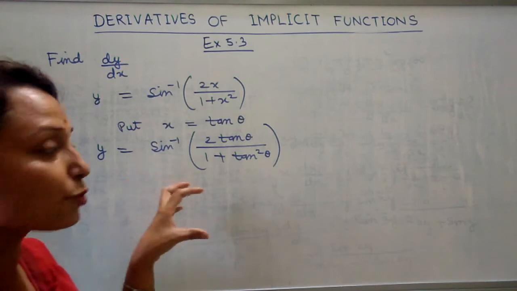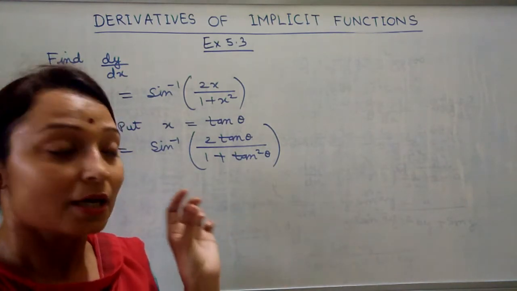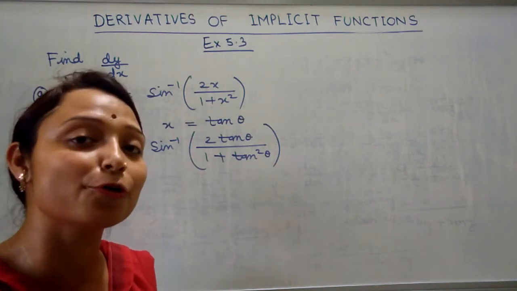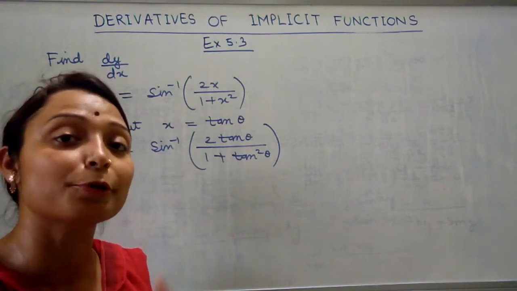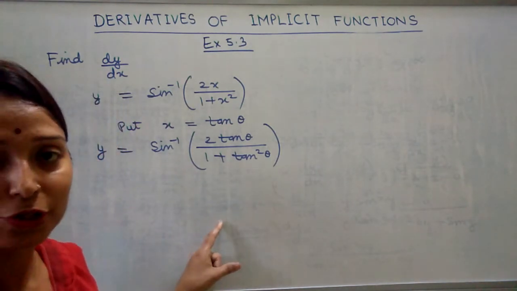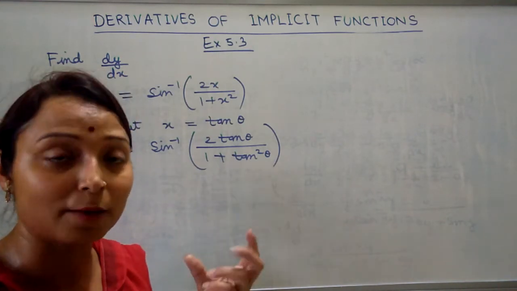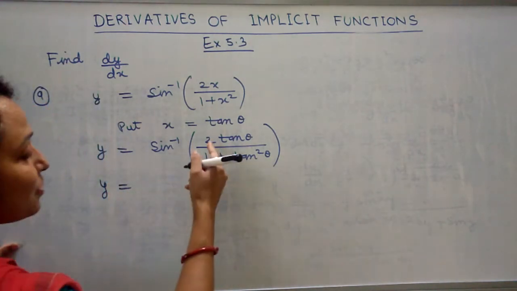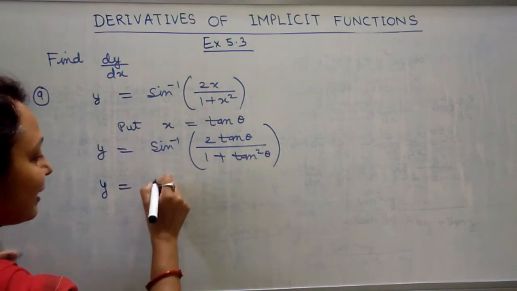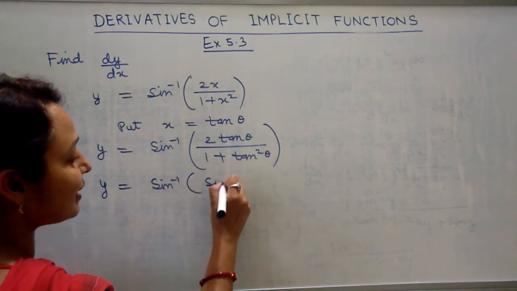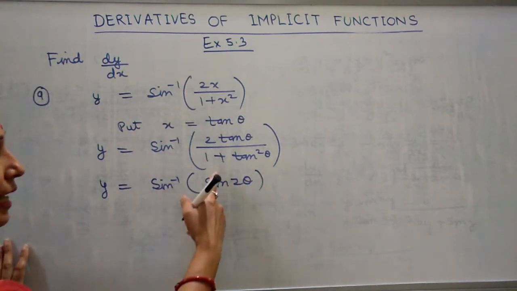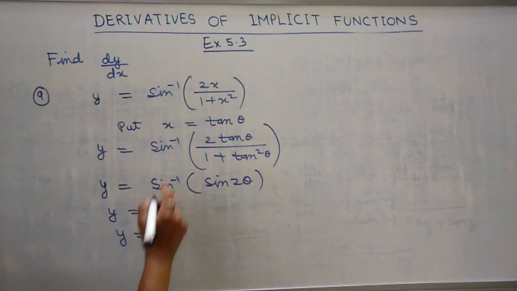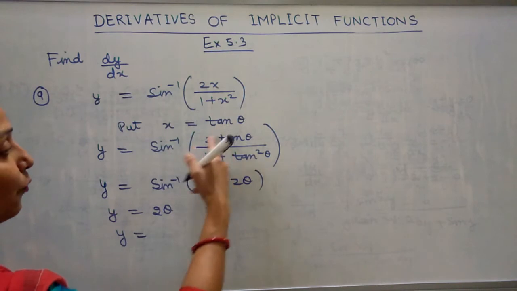For solution of this question, you must learn the trigonometric formulas you all have done in class 11 in trigonometric functions. You have to learn or repeat all these formulas to solve these types of questions, so that you can quickly learn which formula is suitable for this cancellation. So we have 2 tan theta upon 1 plus tan square theta, that will equal sine 2 theta's formula. The properties of inverse say that these both cancel, we get y is equals to 2 theta. Then I will solve the value of theta, that is tan inverse x.